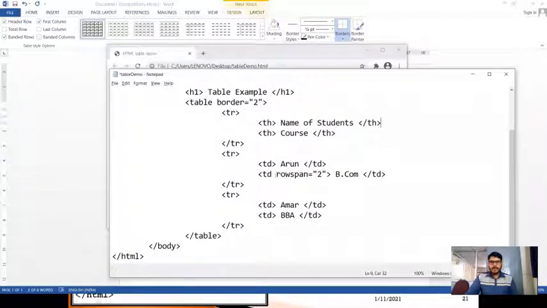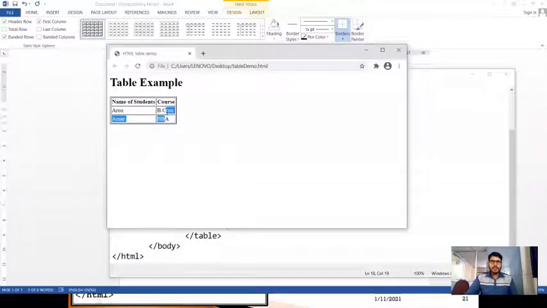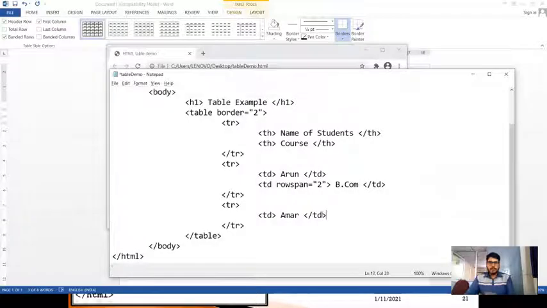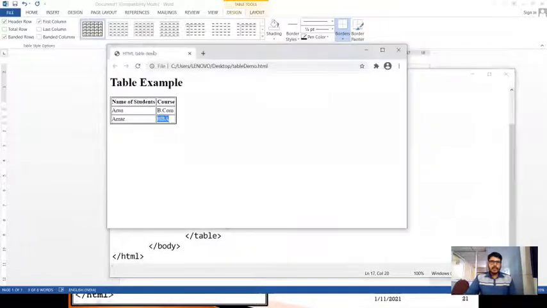And when I'm going to merge these two rows, I need to delete this particular table data because I'm going to merge these two cells. For that reason, I don't want this BBA to display, so I'm going to delete this one. Now let us save this, go to the web page and reload this once again.